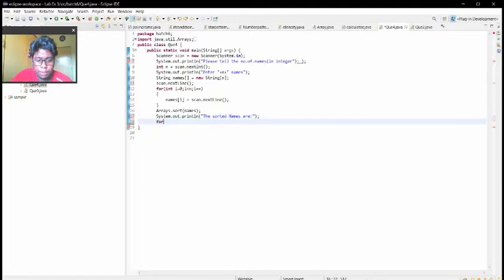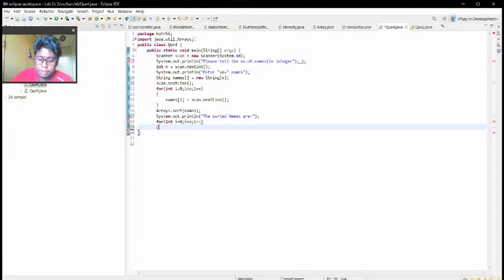I'm giving the for loop, that is int i equal to 0, i is less than n, i plus plus. Now I'm giving one curly bracket, and then I'm finally printing.